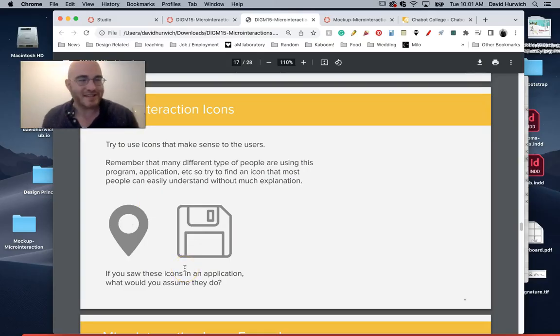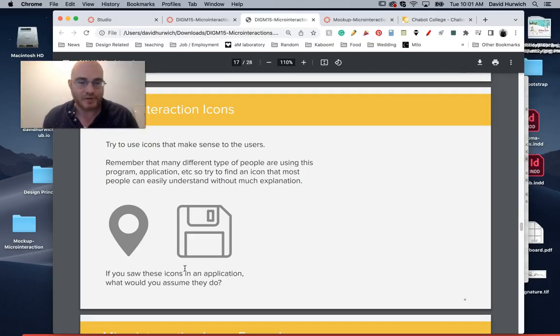What's funny is this is an icon of an old-fashioned floppy disk. I'm 40, and I remember having floppy disks as a kid. If you're below the age of 25, you've probably never seen a floppy disk in your life. But at this point, people still know what it is, which is a shortcut for the idea of